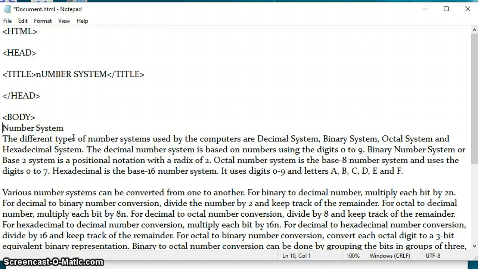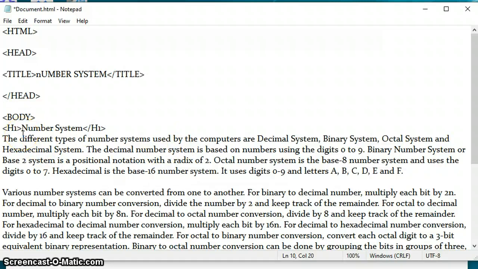So I'm using H1, and I will use a forward slash here because it is a closing tag.